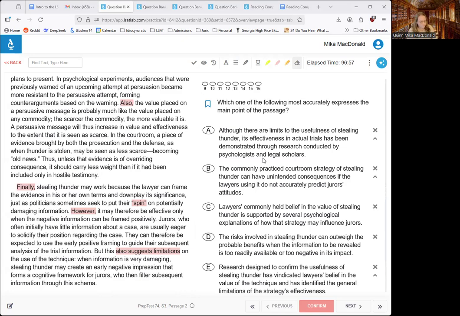All right, main point questions. So we'll start talking about question type approaches from a broad perspective here, and then get into the nitty-gritty on some of the questions that involve that. So we're going to talk about frameworks in a minute. And the reason we're going to talk about frameworks is because frameworks also tell us how a main point answer